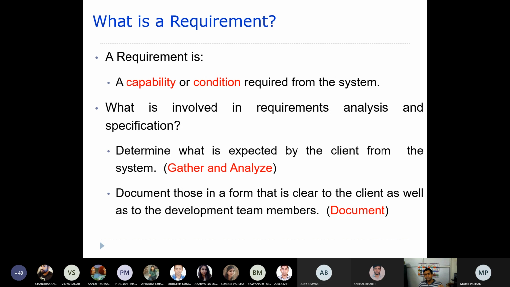I mean, the requirements should be very complete, so that some of these requirements should not be missed out. So that means you are going to specify the requirements very precisely and accurately, in the form of a document.